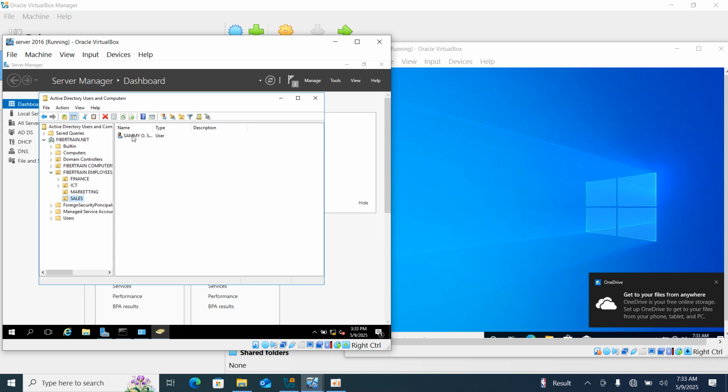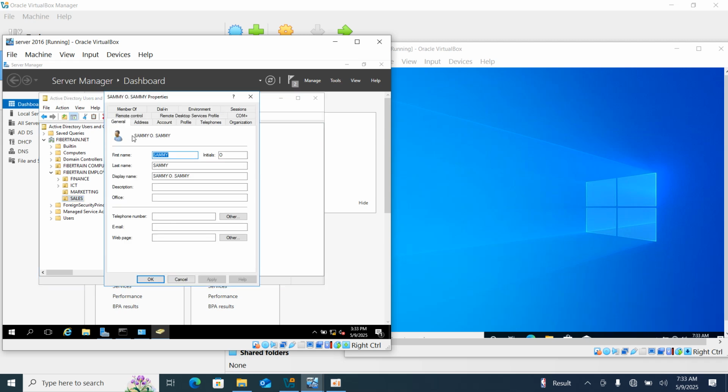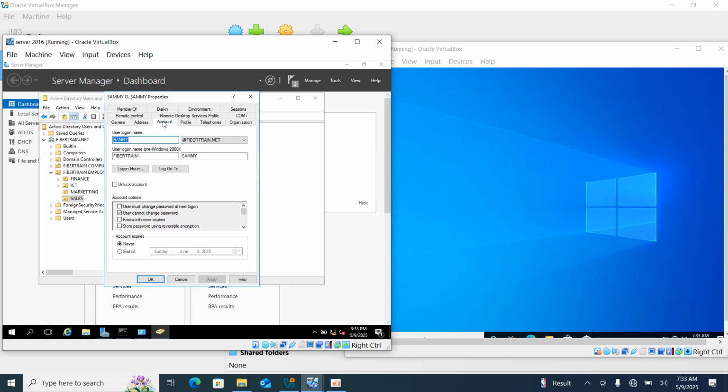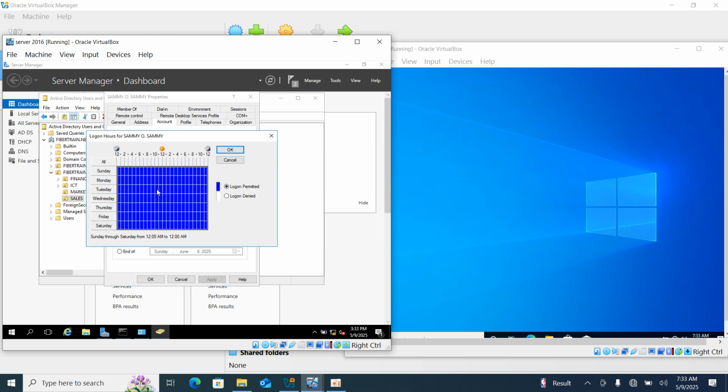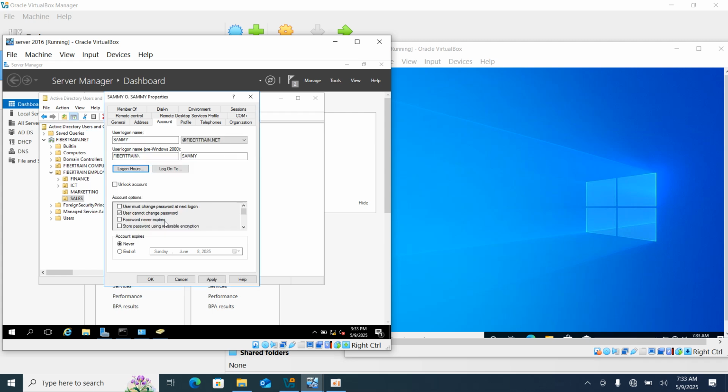So what I'm going to be doing right now is double click on it. Once you double click, you come to where we have Account, and you're going to see Logon Hours. If I click on this Logon Hours, you can see that this user is permitted from Sunday to Saturday, from 12 a.m. to 12 p.m. So for example, if I put this in Logon Denied and I click OK, so what's going to happen